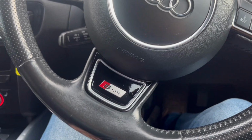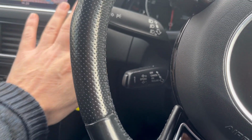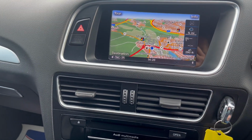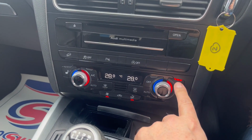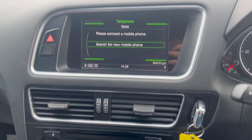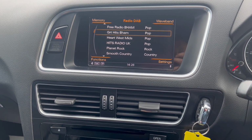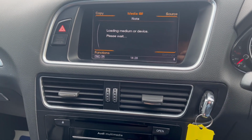The S-Line steering wheel, got cruise control, satellite navigation, climate control, 3-stage heated seats. Got Bluetooth connectivity, DAB radio, media pack,